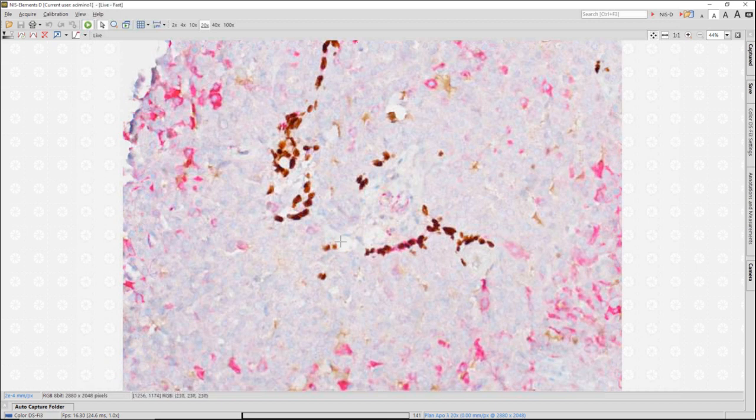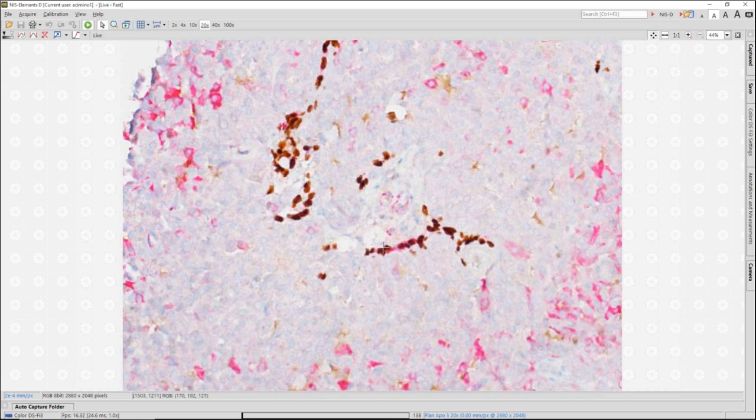This does highlight a few pitfalls in the interpretation of myoepithelial cell markers in papillary lesions. One is that the lesional cells themselves can sometimes label for some of the myoepithelial cell markers. We see some cytoplasmic labeling for smooth muscle myosin heavy chain, and you may have seen some lesional cells, I would say some epithelial cells, can label for P63. So you want to make sure you're interpreting the myoepithelial cell labeling in the appropriate location of where the myoepithelial cell should be, which is right at the base, the basal cell layer of the epithelial proliferation, right around the